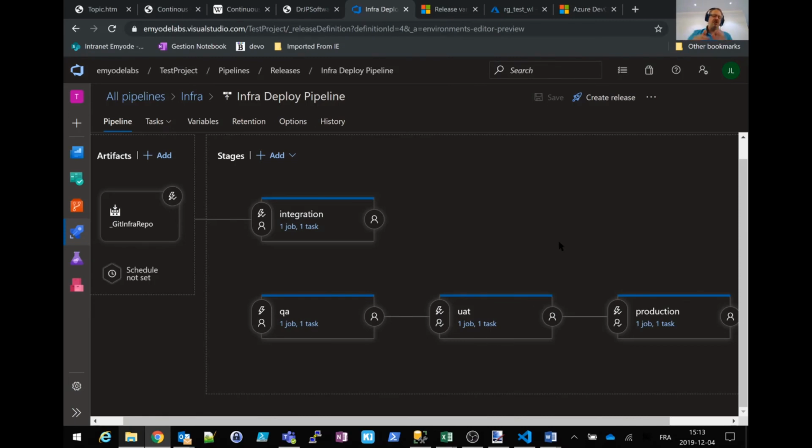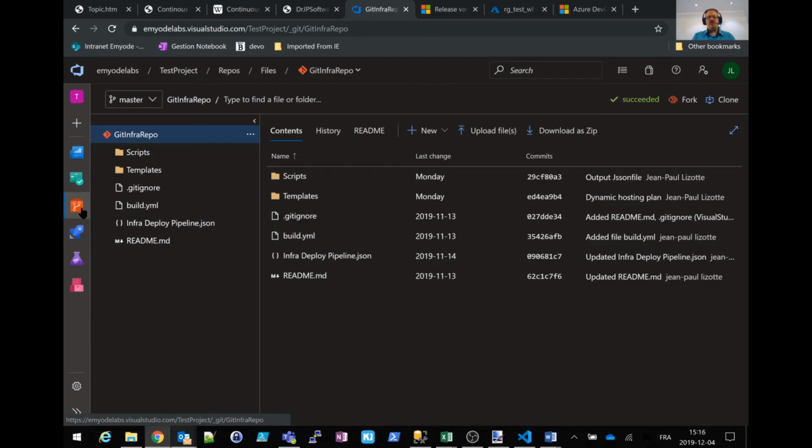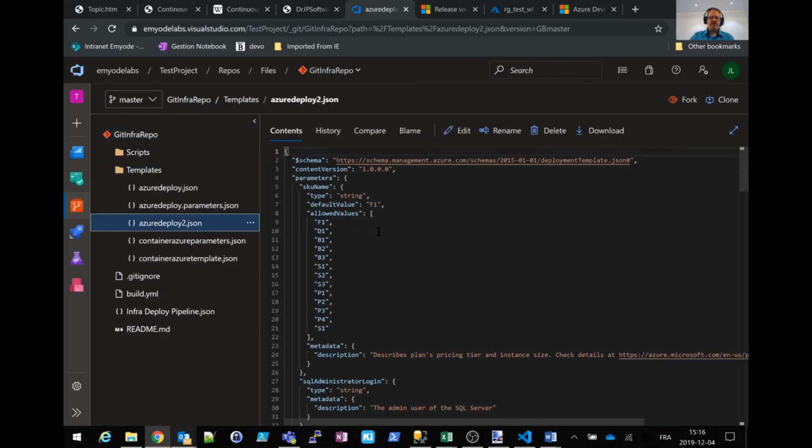So I now wanted to tie this all in together for you guys. I want you to see how this is all dynamically integrated and how it all happens effortlessly once you're using it properly. So I'm going to go into my repo, and I'm going to make a change to some of the code, actually, one of the ARM templates. If you remember, we had a default value that was defined here. I'm just going to change the default value from one value to the next, just so that there's a change to the file